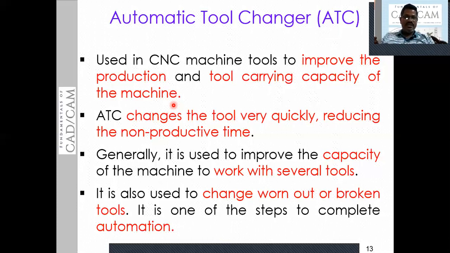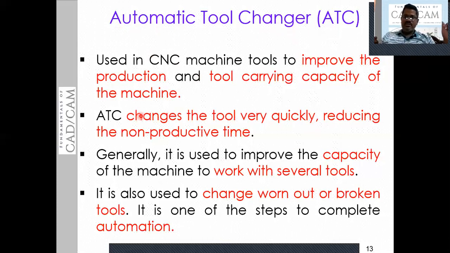So when you instruct something to the ATC, the ATC is going to reach the location of the tool, pick up the tool, and after reaching the inserting position of the tool to perform the work, it inserts the tool, and again the ATC will come back and reach the original position or the parking position. This is what happens in the case of the automatic tool changer.